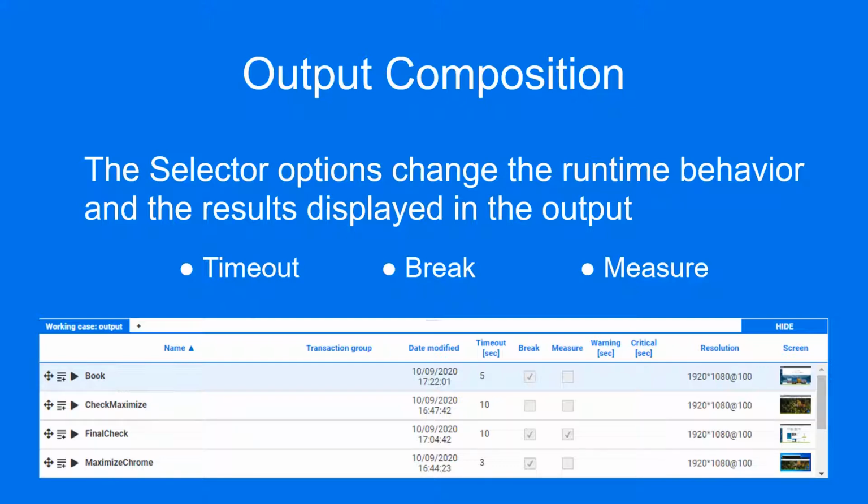The measure flag doesn't affect Alyvix's behavior when running the test case, but simply tells Robot whether or not to output the measurement data of the current step in the console output. When a test case has completed execution, only test case objects whose measure flag is set will have their timing